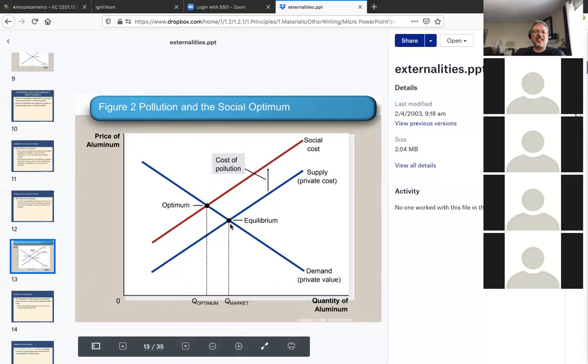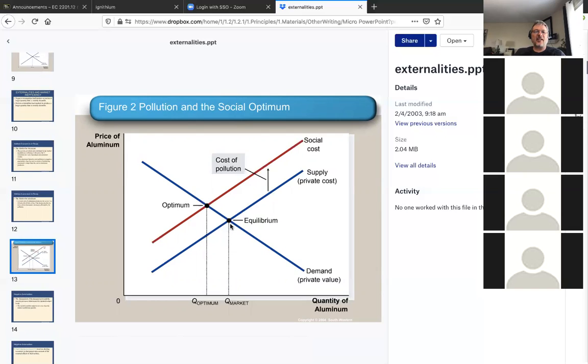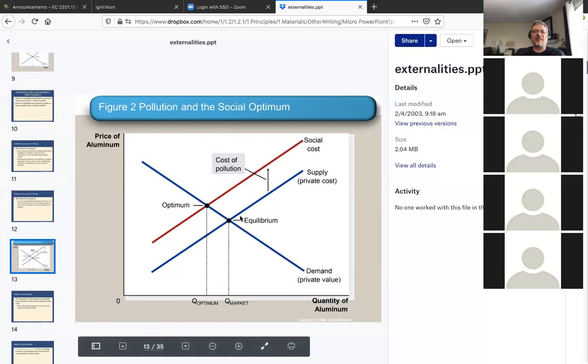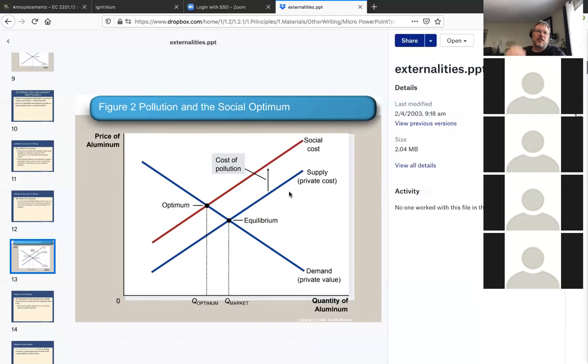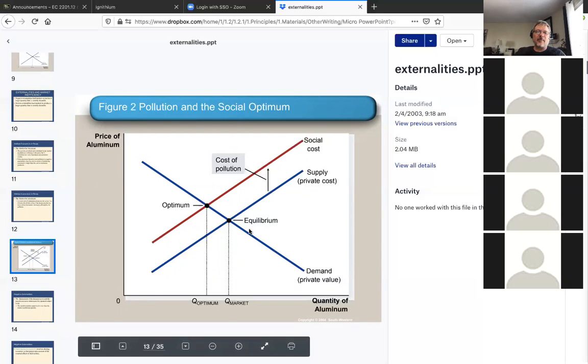What efficiency is represented by in the market is when there's no external cost. Then you have the social cost and the private cost being equal because there's no additional amount of cost going on to somebody else. So the private costs are the entire social cost. And so the true idea of efficiency is that efficiency is where social costs and social value